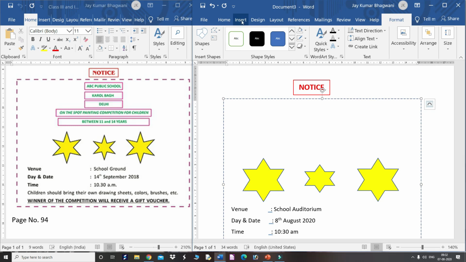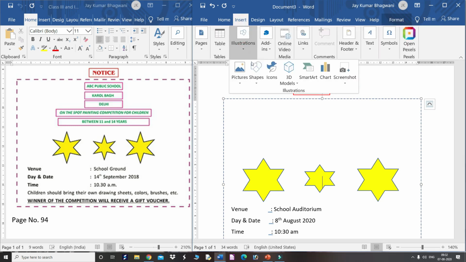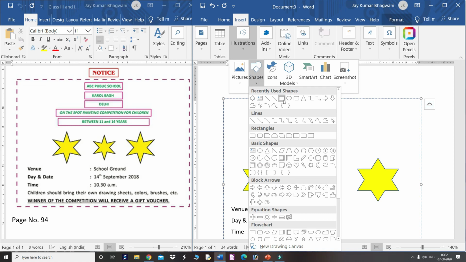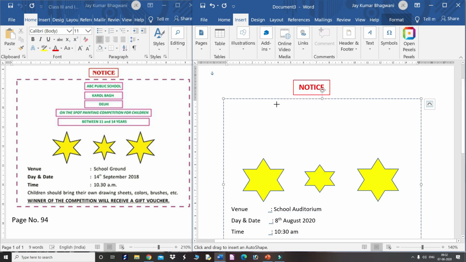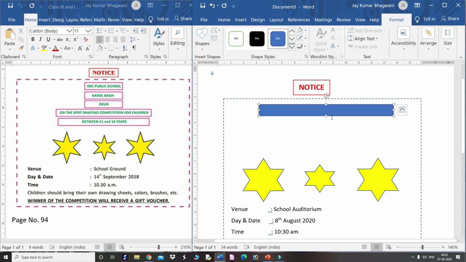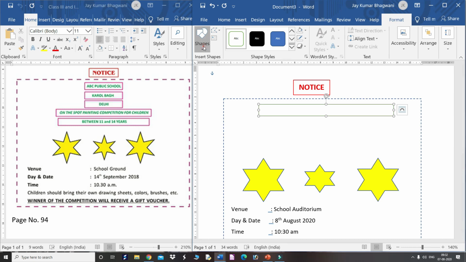So just go to the insert tab. Again insert some more shapes. This is the shape option. So the first shape is for the school name. Okay. Just make this box again, this one. Again insert shapes.